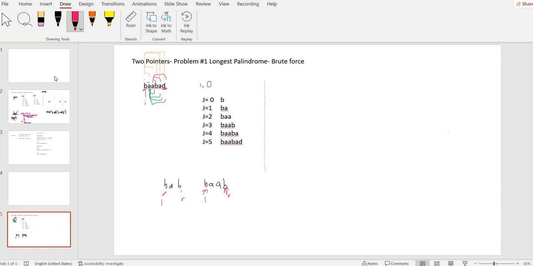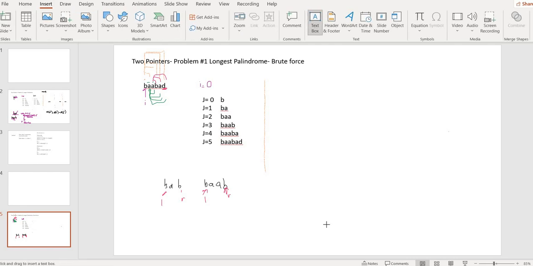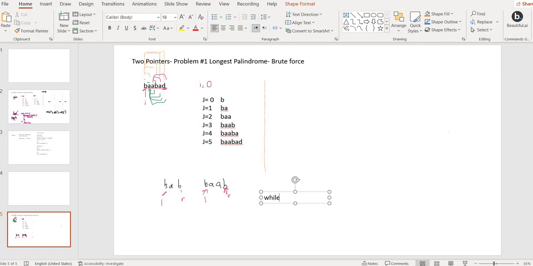So first I have to initialize the L to be 0 and the R to be s.length minus 1. So while L is less than R, while the left is less than the right,